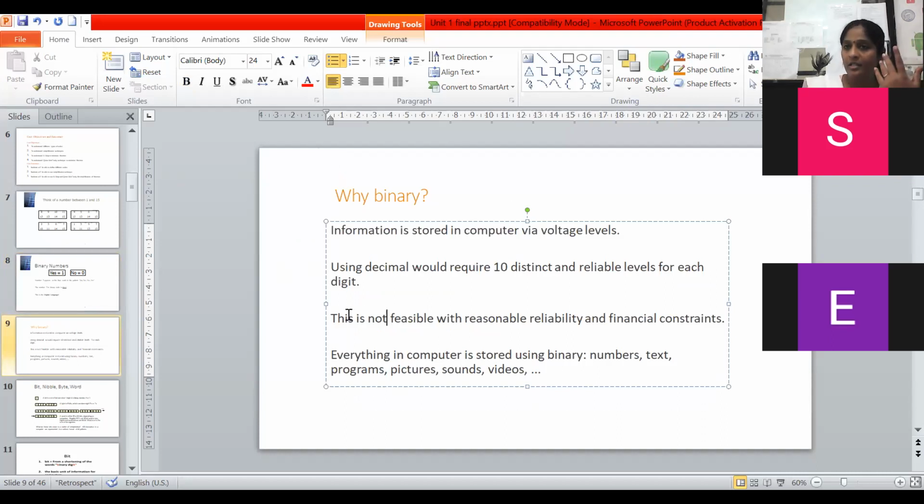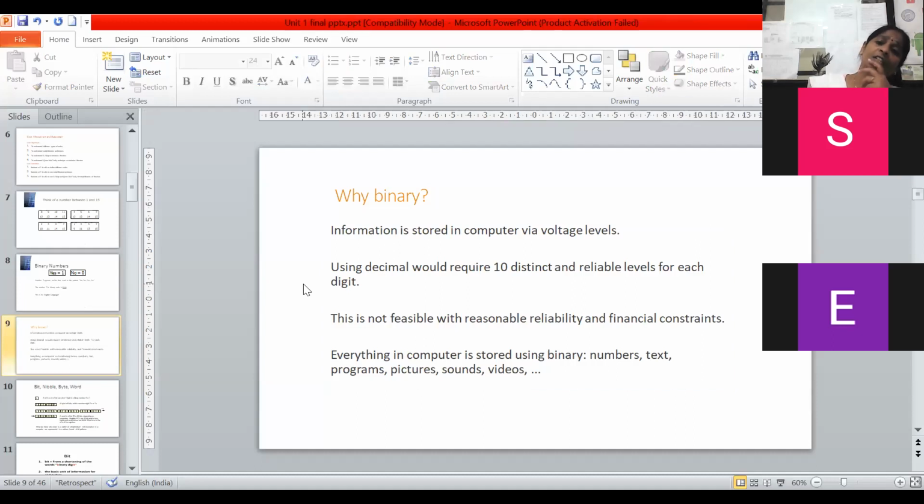So if I consider analog, if I consider different types of voltage levels, it will be very difficult to store data in computers. So I can store the data in the form of 0 and 1 easily in the computer. So binary is used. Another is the decimal number system, already I have given an example.